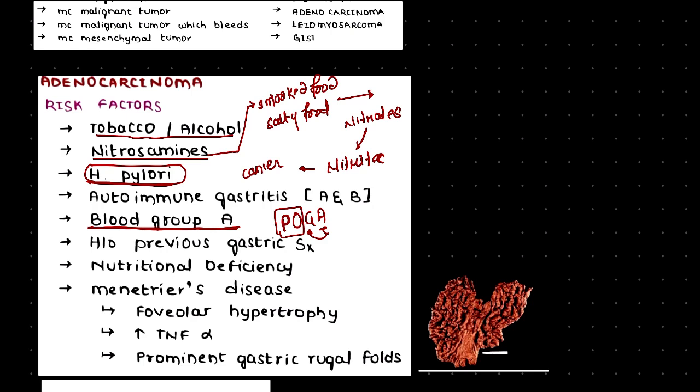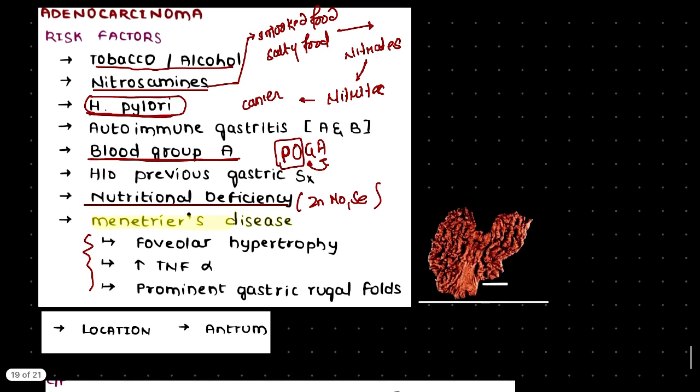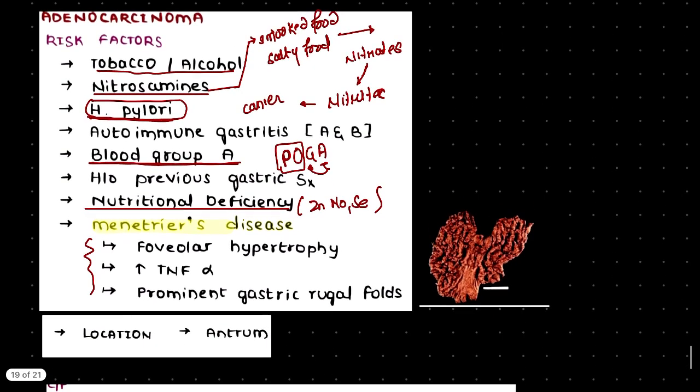peptic ulcer. Now another thing is nutritional deficiency. Here we are talking about deficiency of micronutrients such as zinc, molybdenum and selenium. In this case also there can be a risk of adenocarcinoma. Another important thing that we have discussed earlier is Menetrier disease. This is one of our gastropathies, which we have discussed earlier. What happens in Menetrier disease is that there is hypersecretion of our